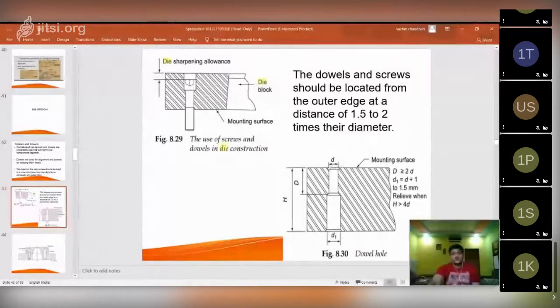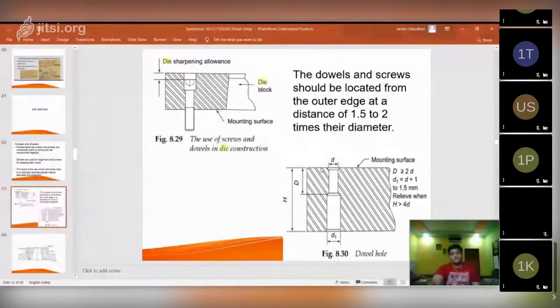This is a relief given for the dowel pin to get properly fitted. If you do not provide any relief, then due to impact it may damage the surface of your die block. So to get properly inserted into this cavity we have to provide this relief.